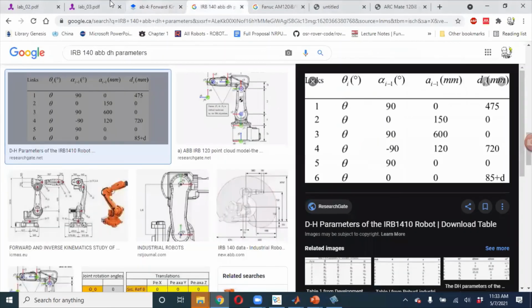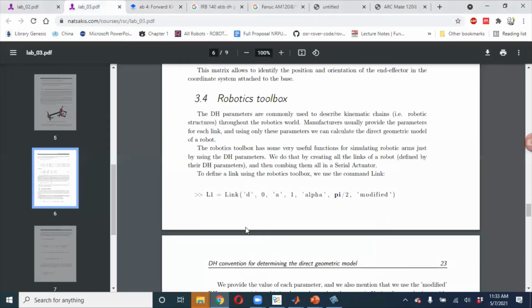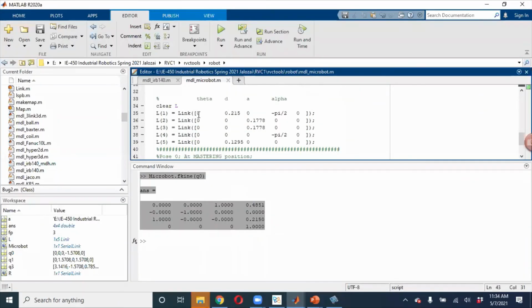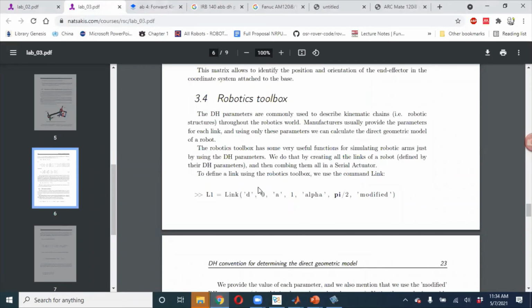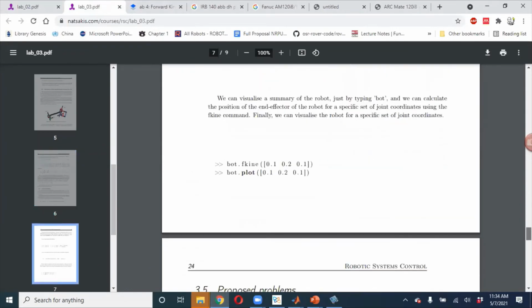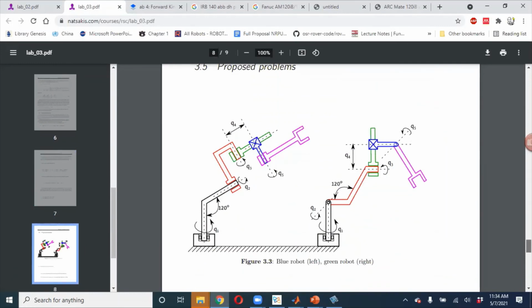But I remember I opened this. This guy did it quite well. Only thing is, don't use the modified DH parameter. So he's giving modified here. You don't have to give modified here. So what we did was he used another way. He first writes that theta is this. Well, I don't need to give you those notes. But if he has done a good robot, oh yeah, then